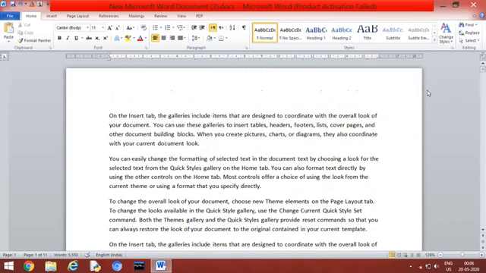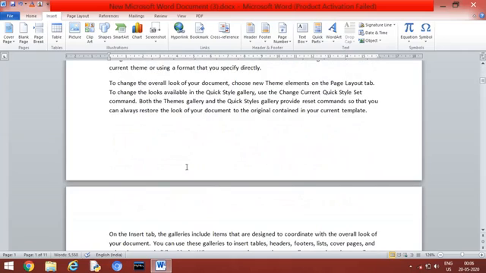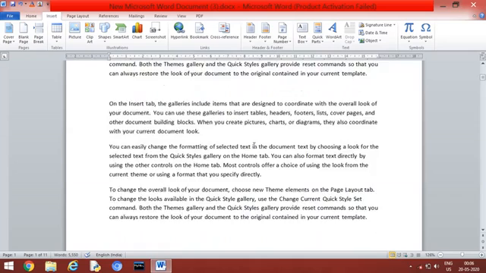Hey guys, in this video we will understand how to use header, footer and page number in MS Word. So header is the area where we can give any kind of book name or author name. If we want, we can give date, timing or whatever title we want in the header. Similarly in footer, whatever we want, like again page number or book name or some kind of chapter name, we can give in the footer area.